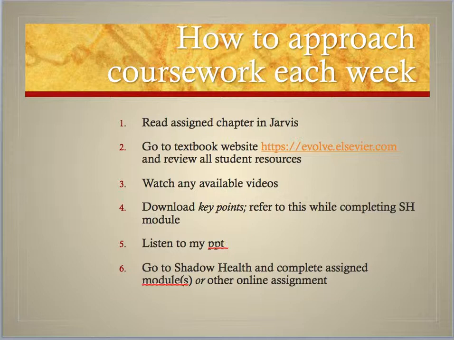When you go to Shadow Health, you will see that our course is set up by weeks, and I have assigned the modules that I want you to do. I put them in the order that I want you to do them. I've edited those assignments